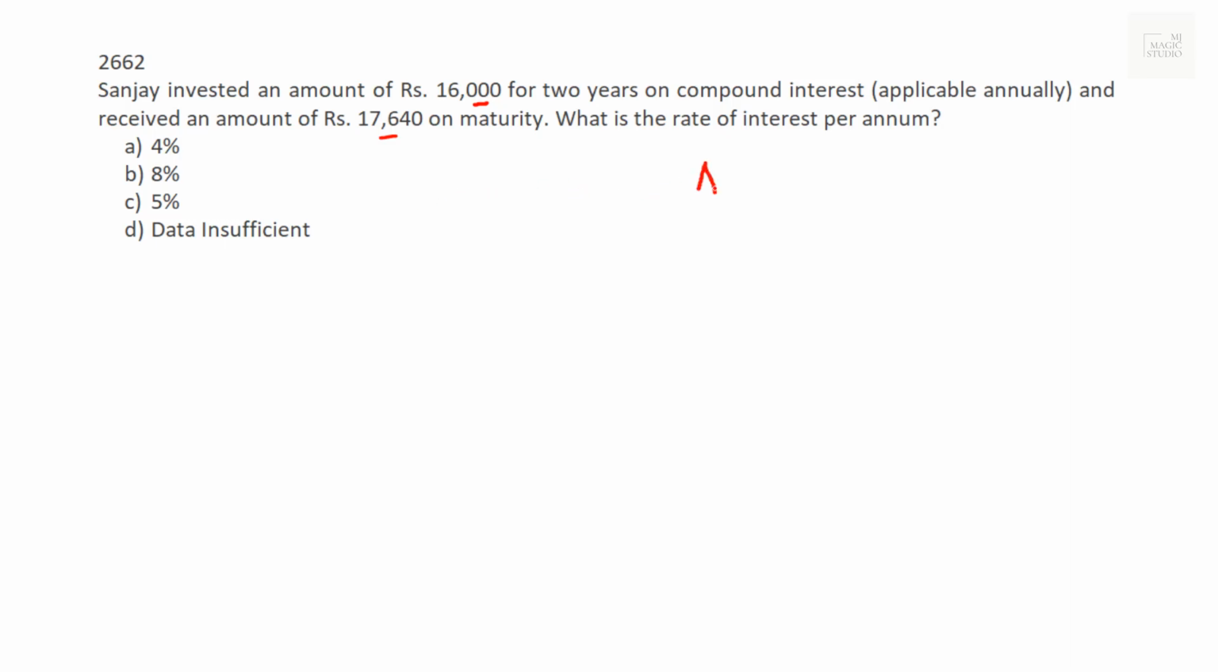We know that amount in compound interest is given by P into (1 plus I) to the power n, where I is R by 100, R is the interest rate applicable per annum, and n is the number of years. So here